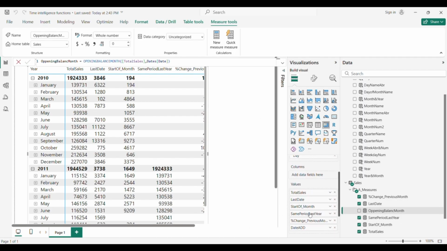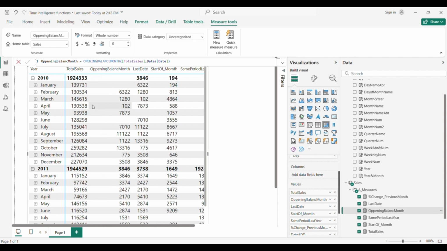Okay, let's just add it. So we can see now that we have here the last date and the opening balance month. So it takes the last date of a previous month. So we can see here that the data is shifted.